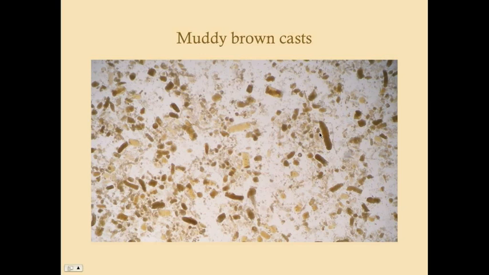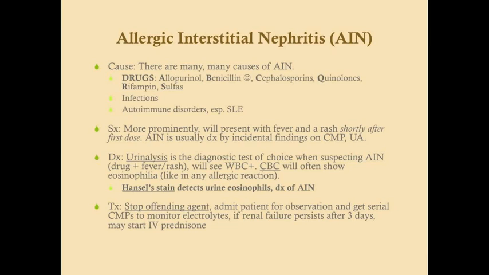Okay, now allergic interstitial nephritis is different. So there's many causes of allergic interstitial nephritis, the most common of which is drugs, but it can also be caused by infections and autoimmune disorders. When we think about drugs that cause allergic interstitial nephritis, the best way to think of it is ABCQRS. So allopurinol, penicillin, which I know starts with P, but you can think of it as B, it sounds the same. So allopurinol, penicillin, cephalosporins, so any of the 4 generations of cephalosporins, quinolones, rifampin, which is used in TB,